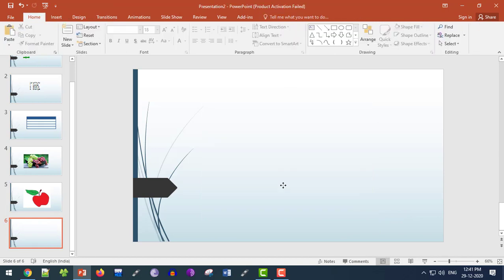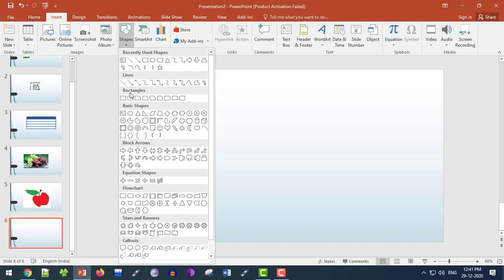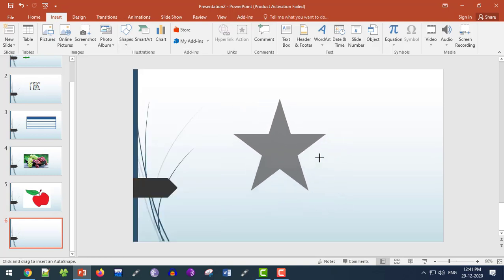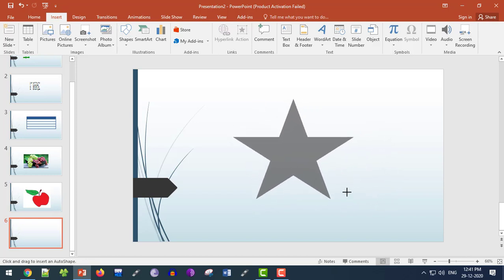Next thing is how to insert shapes. There are various shapes we can insert in our presentation. So let's see how to insert shapes in PowerPoint. To insert a shape, I go to the Insert tab, and there is an option called Shapes, with various shapes and arrows appearing here. I choose this star, and we can draw. One thing I want to tell you,